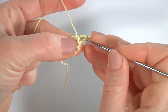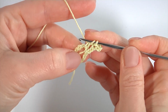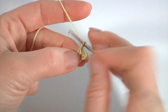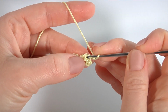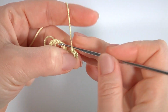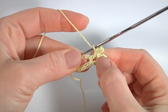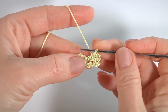1, make double crochet into the ring, and picot, chain of 3, and work with the slip stitch into the loops of the double crochet, like this. In total it should be 9. I have done the first one, 2,